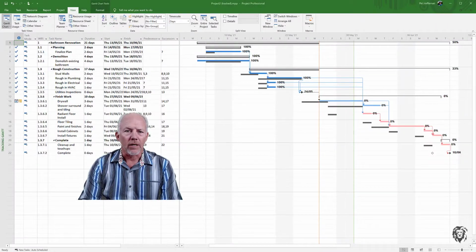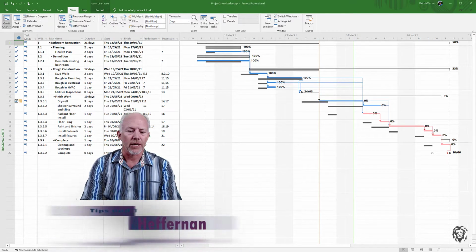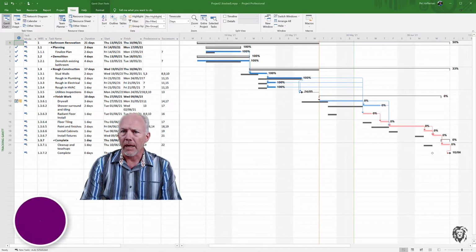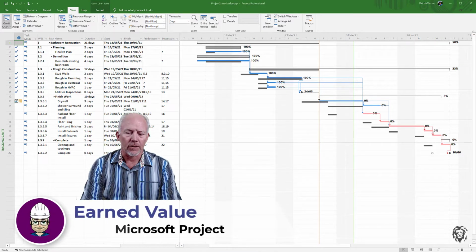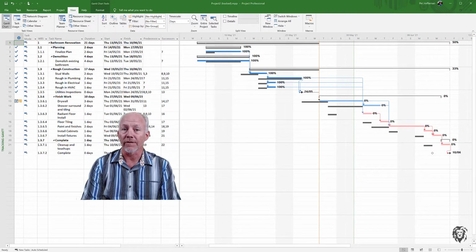Okay, so we're going to talk about earned value today, and specifically how Microsoft Project facilitates your earned value management of your project. Now, I'm kind of assuming that you've got a background in earned value. You understand the various concepts because, quite frankly, there's not a lot in Microsoft Project for us to do. It is more about what Microsoft Project does or facilitates for us when it comes to doing an earned value